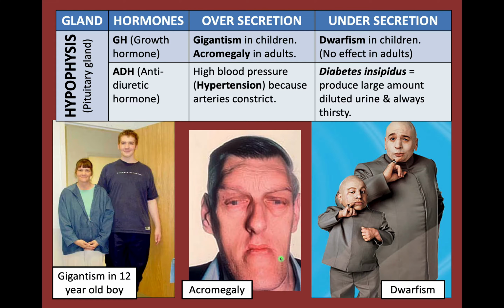Now, many growth disorders are caused by the abnormal secretion of the growth hormone. Sometimes the growth hormone can be over-secreted in the body, or it can be under-secreted. Now, we must remember that the effects of too much or too little growth hormone on the body all depend on whether this condition happens in children or in adults.